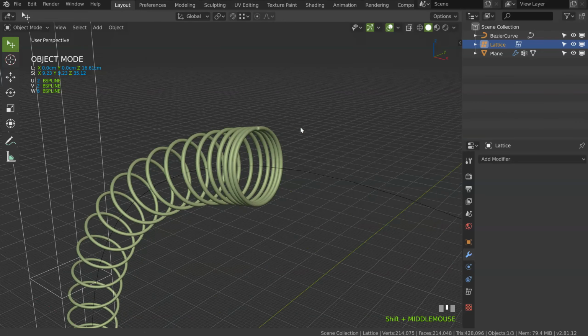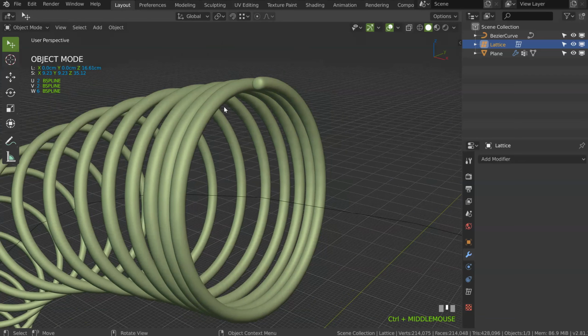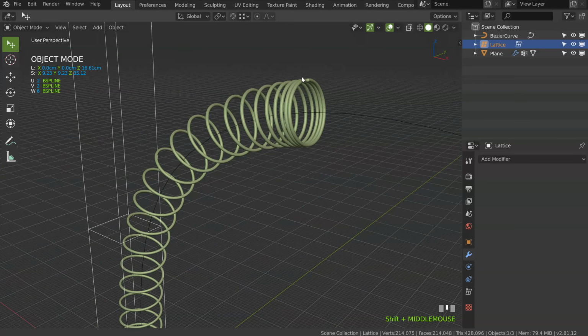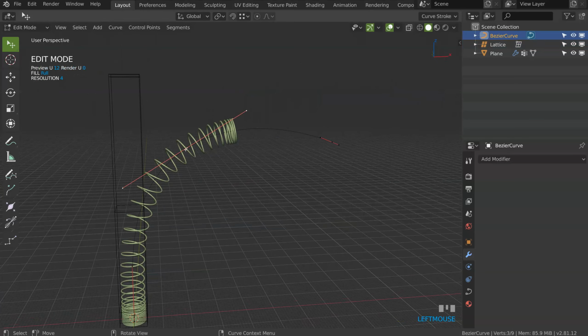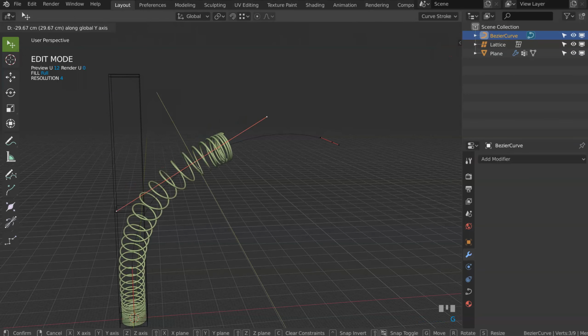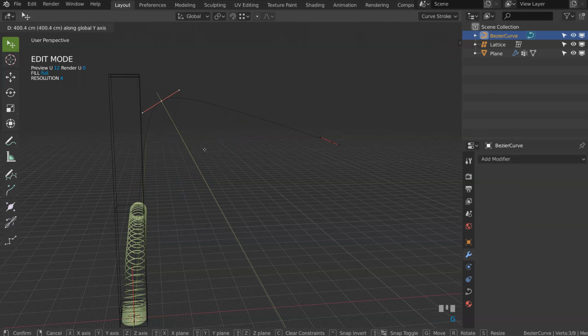And like I said, it could be really great to have the possibility of a convert modifier like that. We will have way more possibilities. But just like that, this is working. And if I edit the curve, up, let's move this one, that will follow, as you can see.